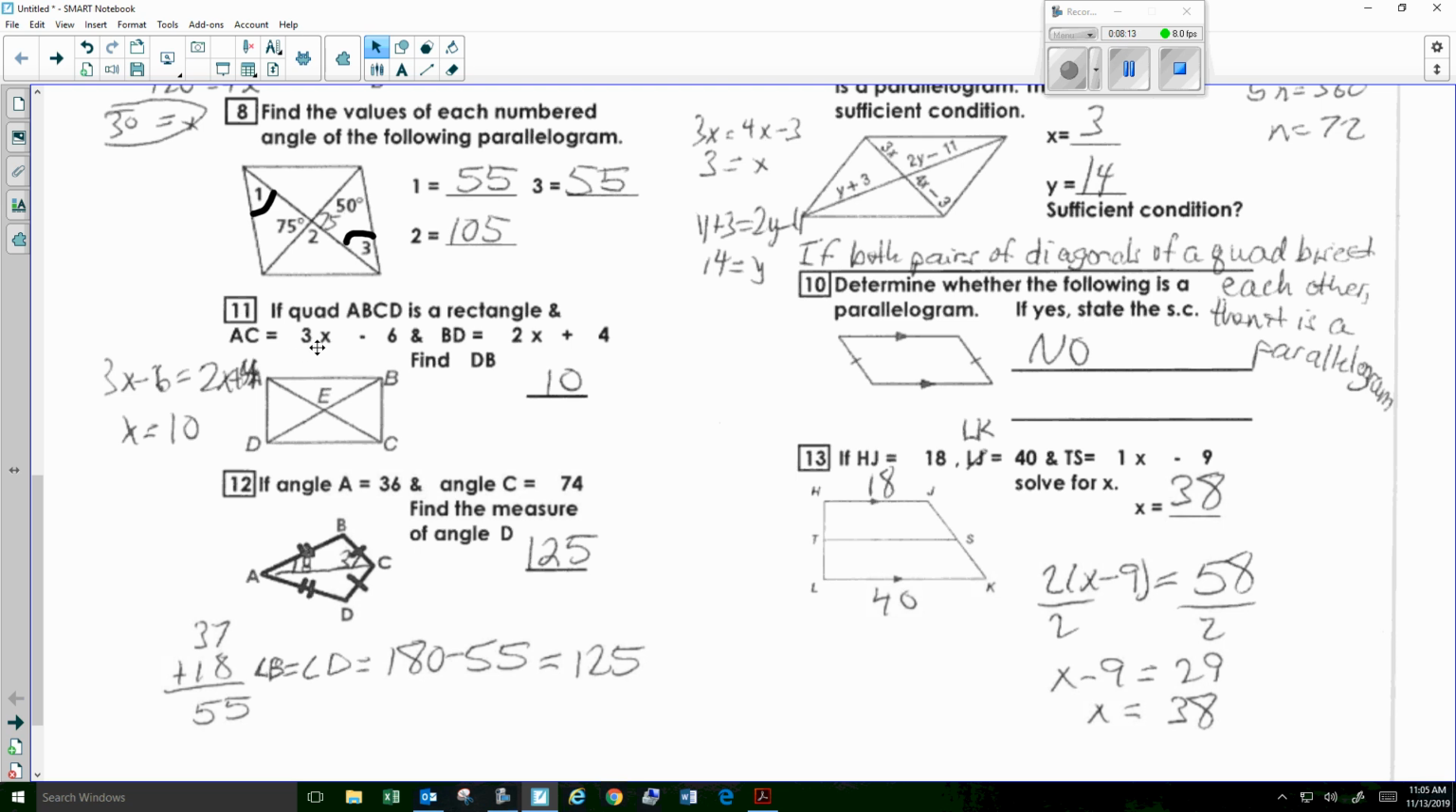All right, number 11. If the quadrilateral ABCD is a rectangle. So again, in a rectangle we've got 4 right angles, opposite sides congruent, opposite sides parallel to each other, and the diagonals are congruent. Okay, so it says the length of AC is,